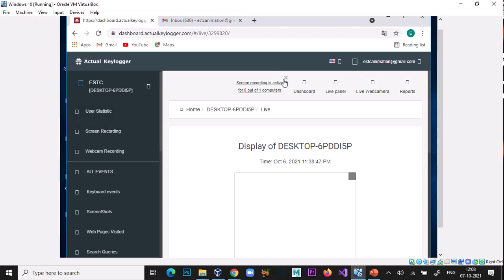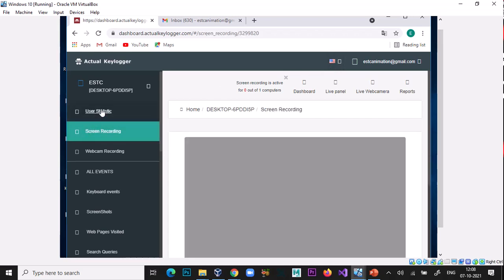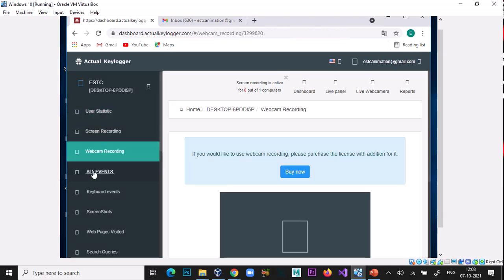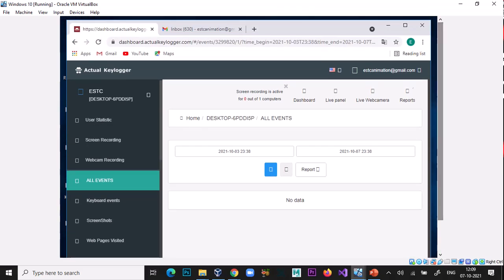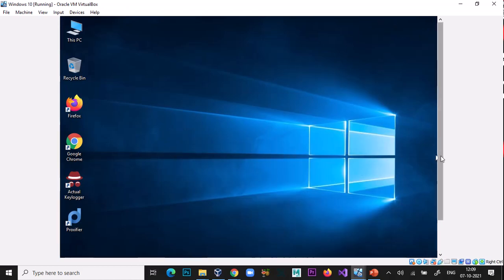This is the actual dashboard of what the keylogger returns to you: any screen record, webcam, events, but due to using the trial version, it could not display anything.